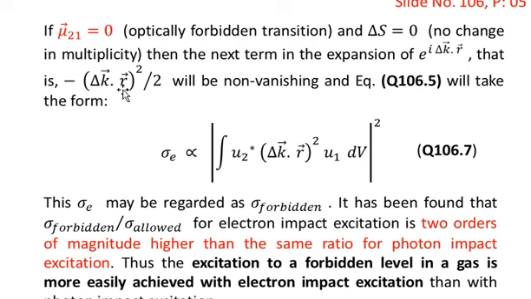The contribution from the first term will be 0, the contribution from the higher terms will be 0, so only the contribution from the second term, which I have shown over here, will be non-vanishing. So under that condition we can write the integral,